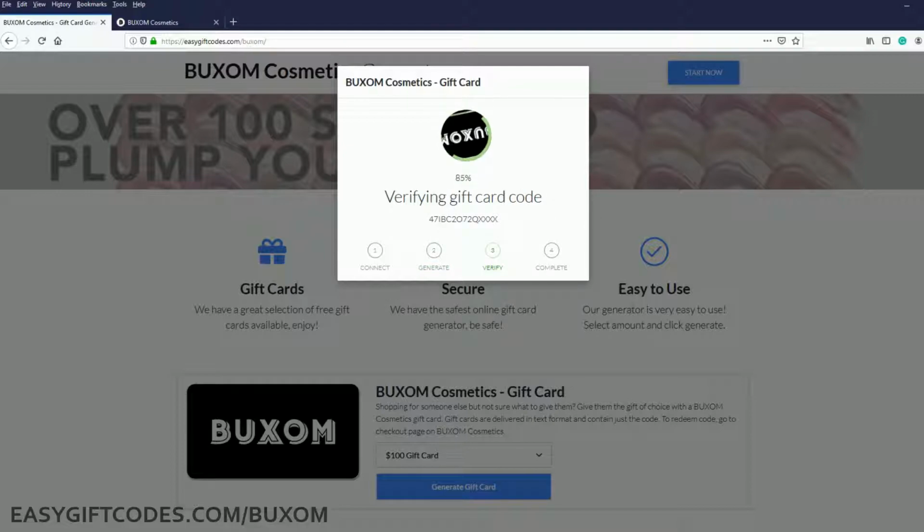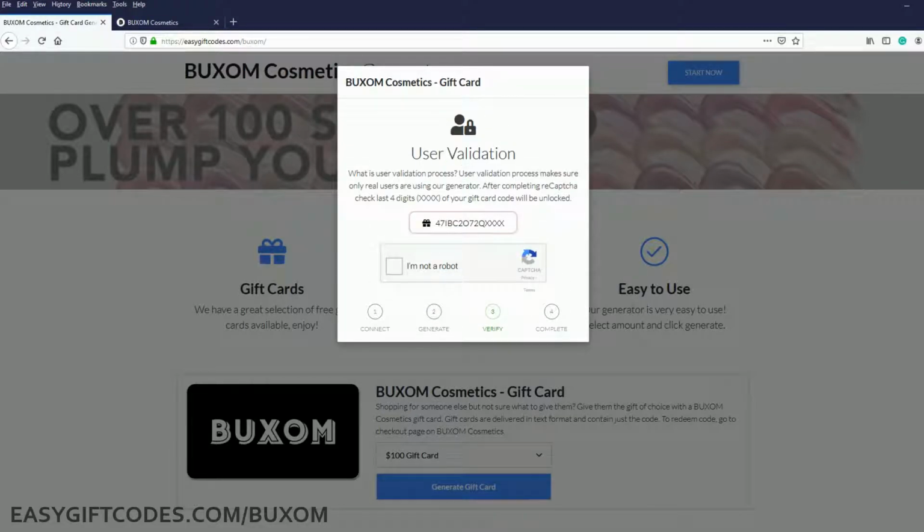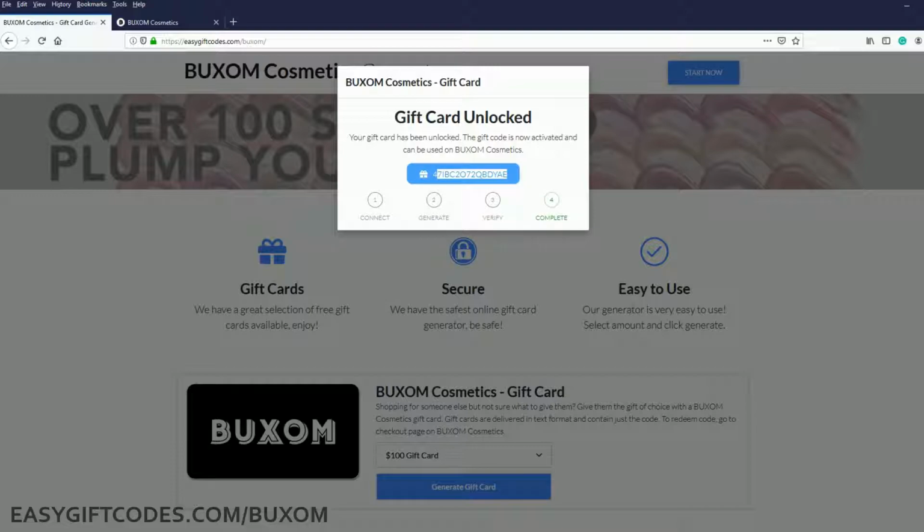Now it will ask you to verify that you're not a robot on the next step. Yes, here you will just click on the I'm not a robot, just copy your code